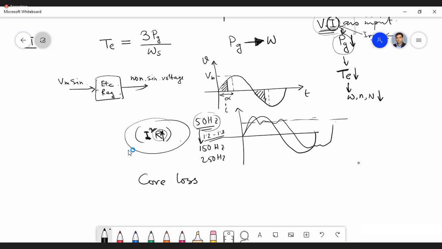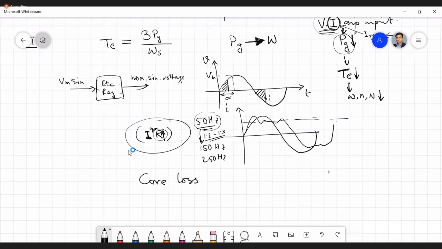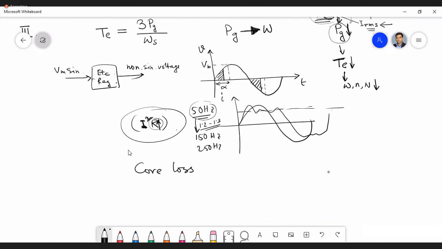Clear? So these are the problems related with transformers, also reactors, because sometimes reactors are also used in lines, especially in case of static var compensator, STATCOM. Okay, so we'll discuss the static var compensator in later stages.